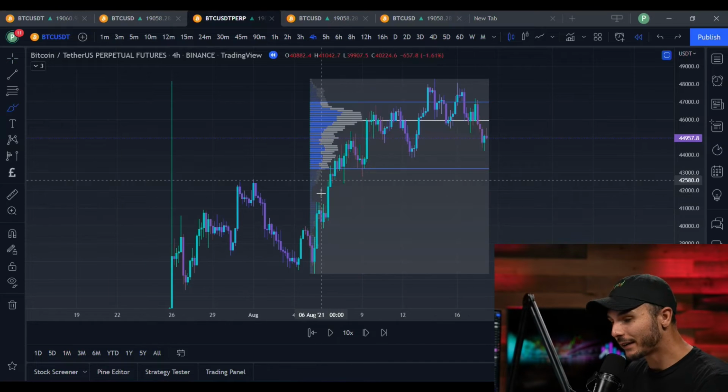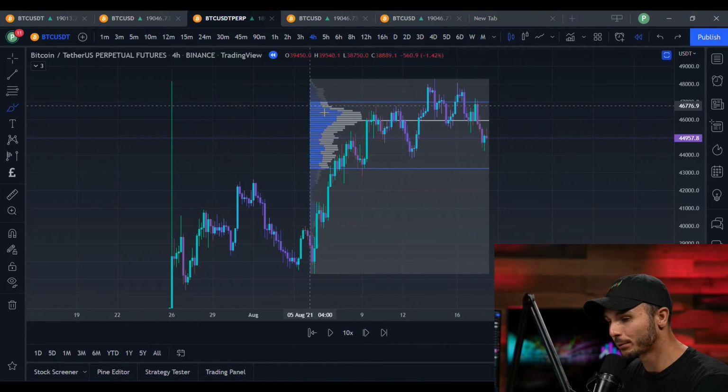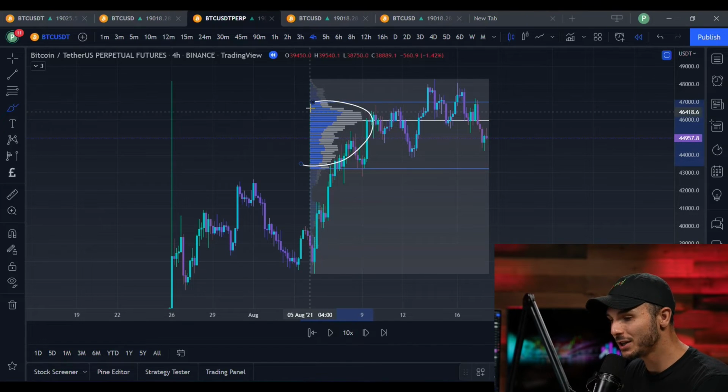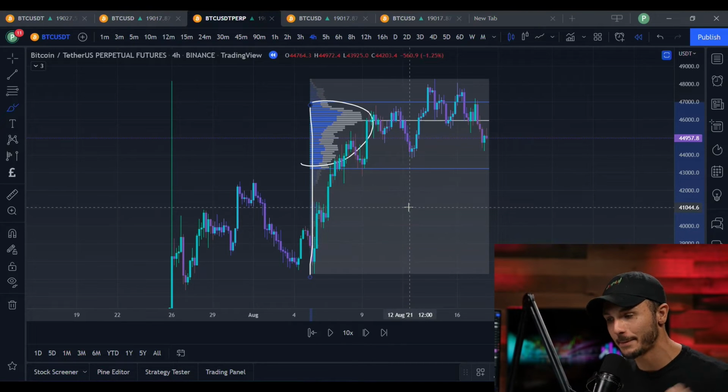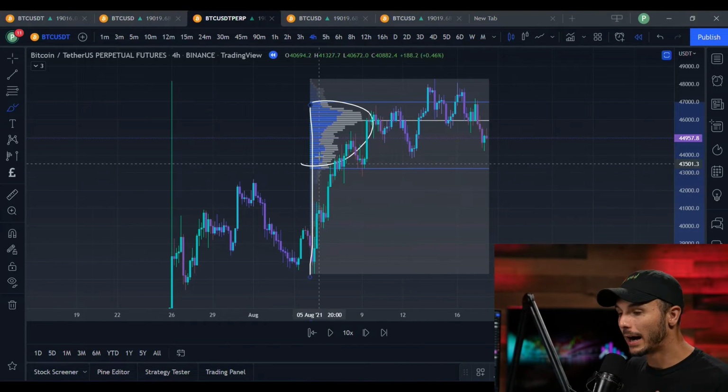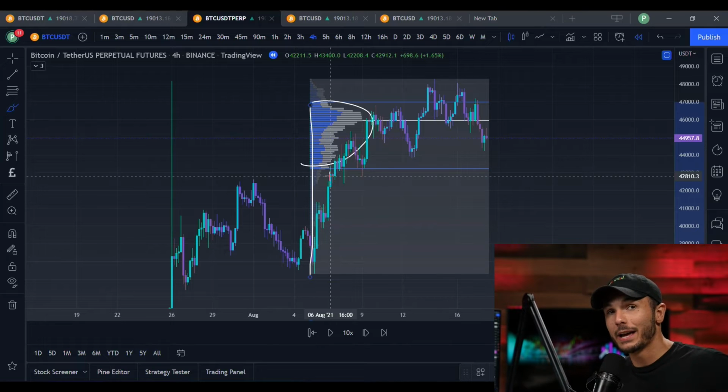So we have very little volume here. You can see that, and then most of your volume is up here at the higher end of your volume profile, giving you that P-shape that we were just talking about. And like I said, these are the opposite of a B-shaped volume profile, and these typically happen in the opposite